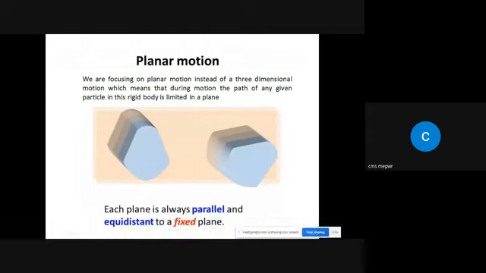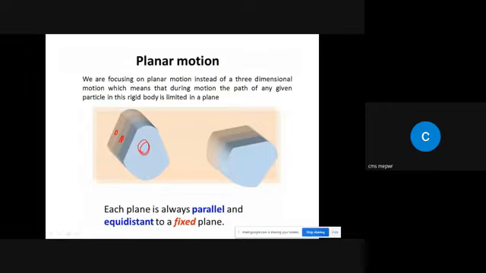In the case of planar motion, the motion of the particle is limited to a plane, which means the motion of the rigid body can be either in this plane, or in some other plane, or in some other plane, right? But one thing that we need to remember is that all these planes are parallel, and they have equal distance from a fixed plane, right? So you can see that in this case,